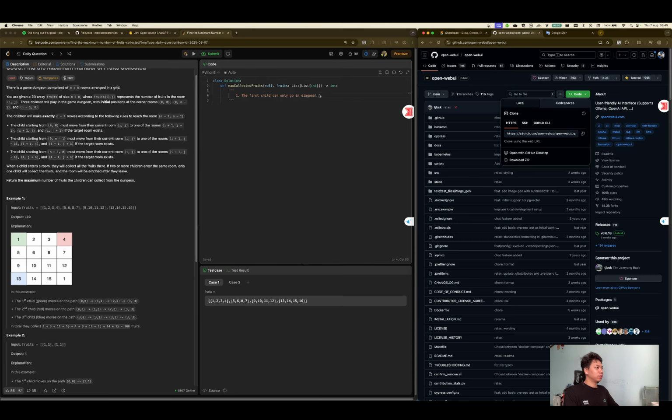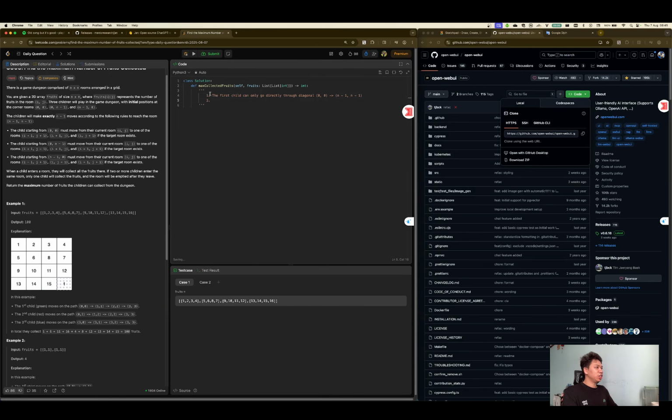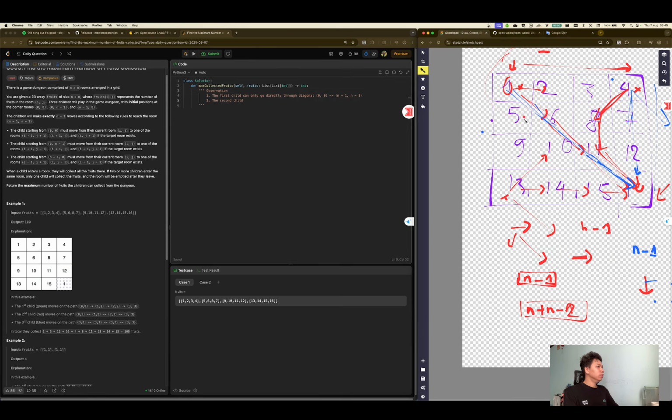Okay, diagonal, from straight. That's it. Second is observation. The second chart could